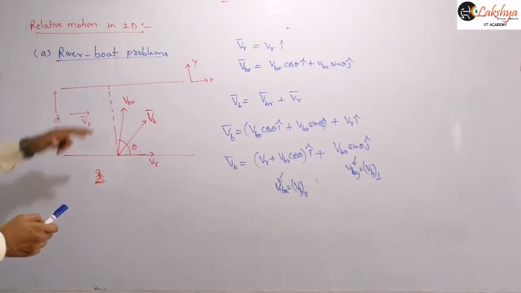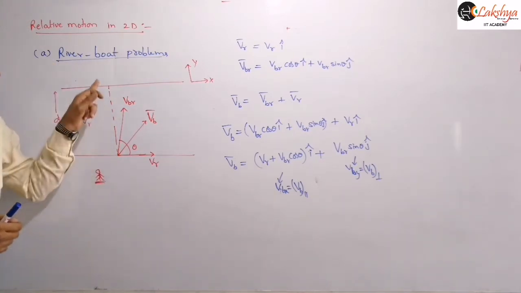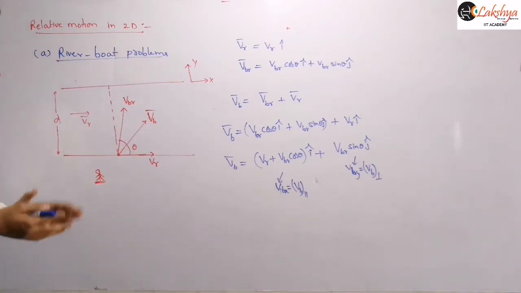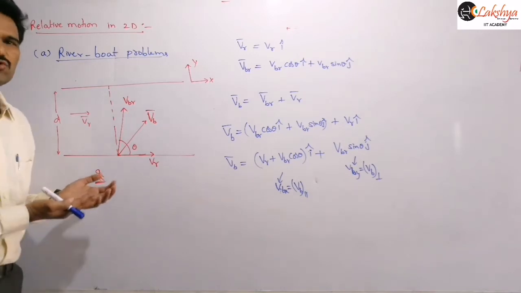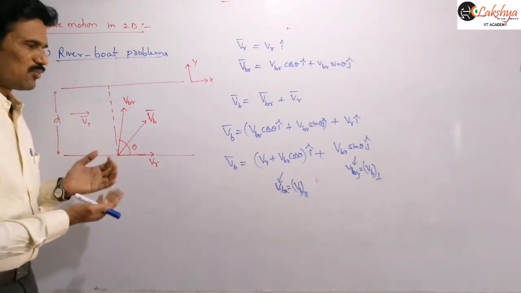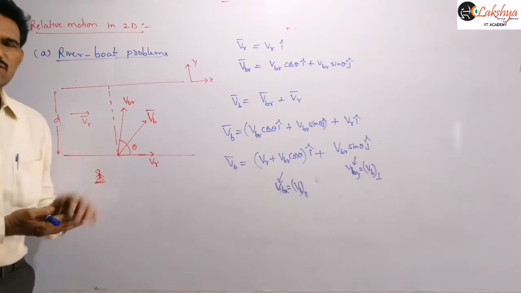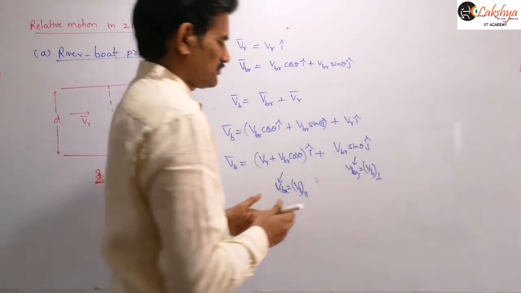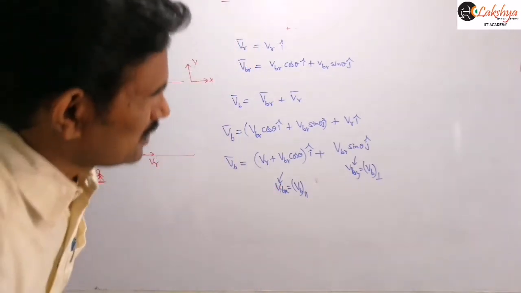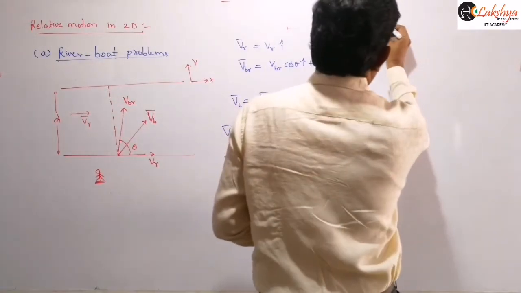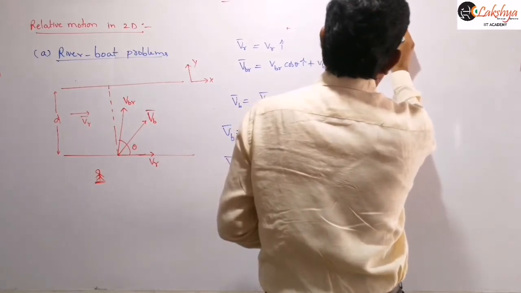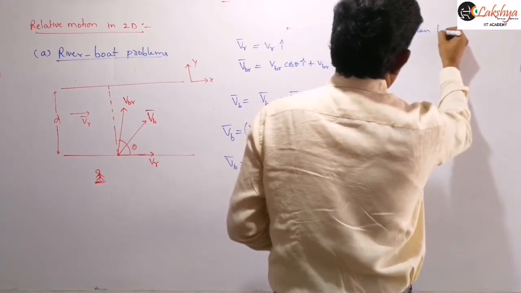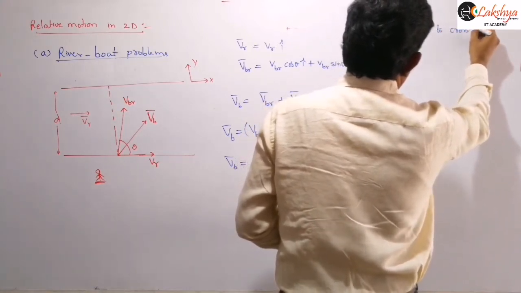Now, crossing the river means we are applying this equation along the y axis. So you can apply s = ut + ½at² along the y axis. In the basic case we are considering that there is no acceleration for either the boat or the water, so the ½at² term will be 0. That means I can write the time taken to cross the river.